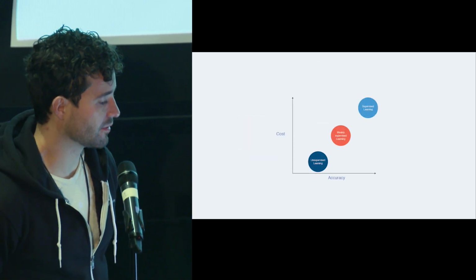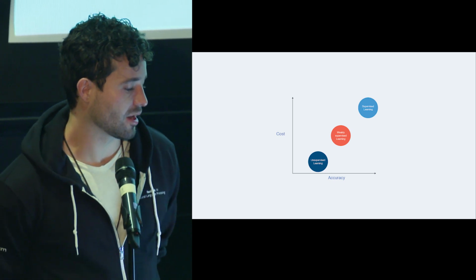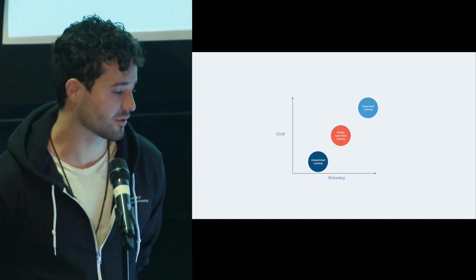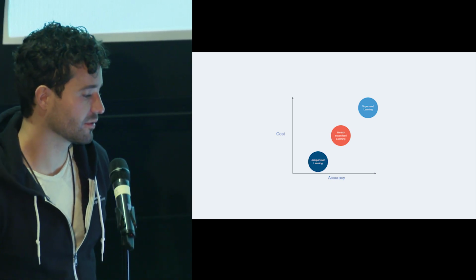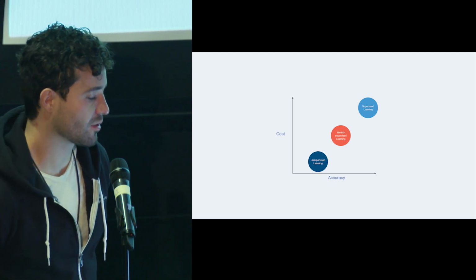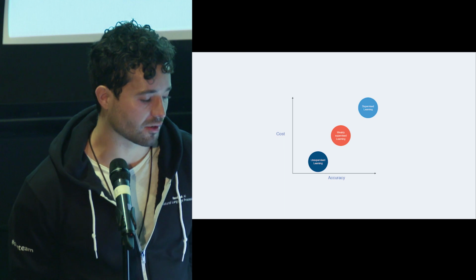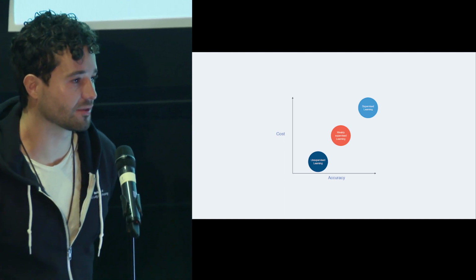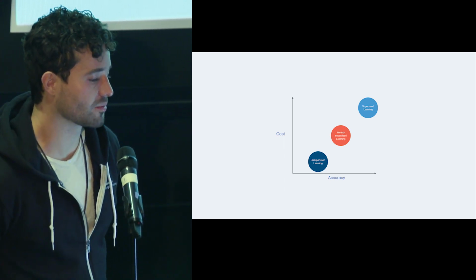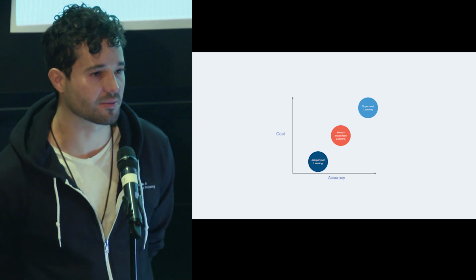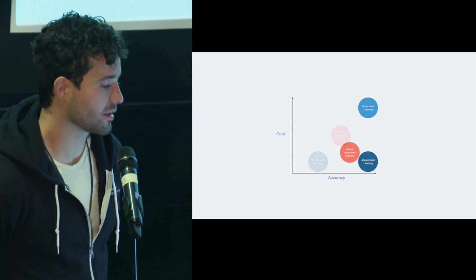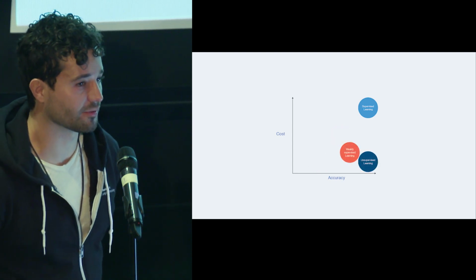So what is the cost to this, right? The first thing is obviously there's an accuracy cost. So if you have supervised learning versus weakly supervised or unsupervised learning, this is kind of the curve in terms of how much it's going to cost you to get these labels, right? So right now, you can get really good accuracy, but it's going to cost you a lot of money to get these labels. Unsupervised learning, there's a ton of unlabeled data in the world.